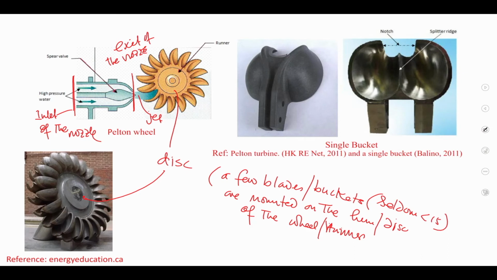Now I will discuss a little bit about the flow direction when water is striking the buckets, and the most important observation is that in this impulse turbine, the entire energy conversion takes place inside the nozzle. This high pressure water is getting converted into the kinetic energy of the jet. So, energy conversion takes place only in the nozzle and there is no energy transfer as the liquid is passing through the runner of the turbine, and after striking the bucket liquid will be collected in the reservoir.